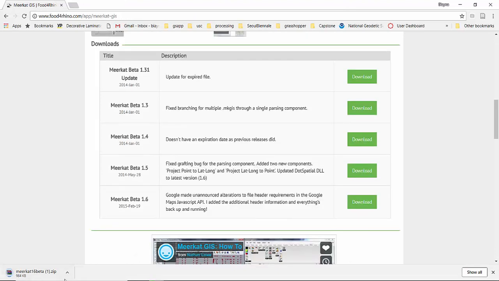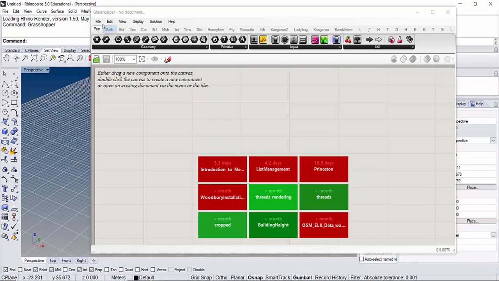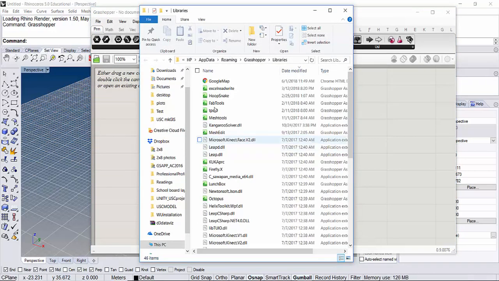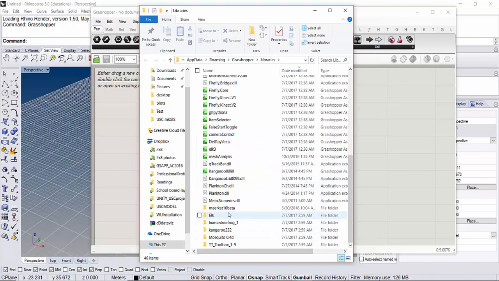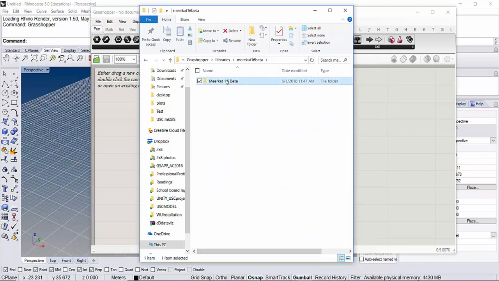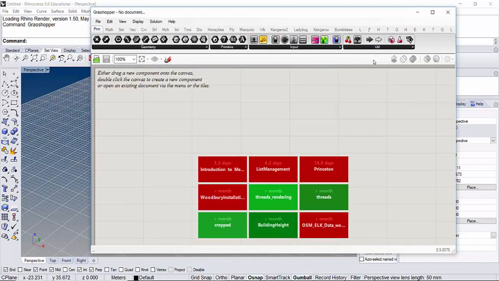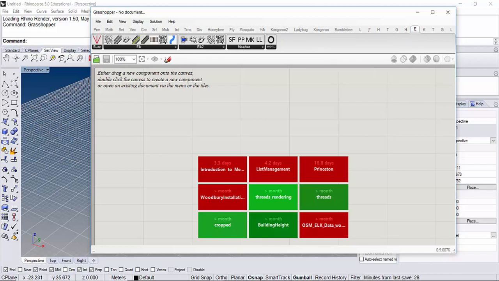After you download the zip file, make sure that you right click on the zip file. If there's any permission issue, you want to unblock that. After that, go to your Grasshopper File, Special Folders, Components folder, and just copy and paste that Meerkat folder inside your libraries folder. After this process, you close and open Rhino and Grasshopper, and under the Extra tab, you should be able to find